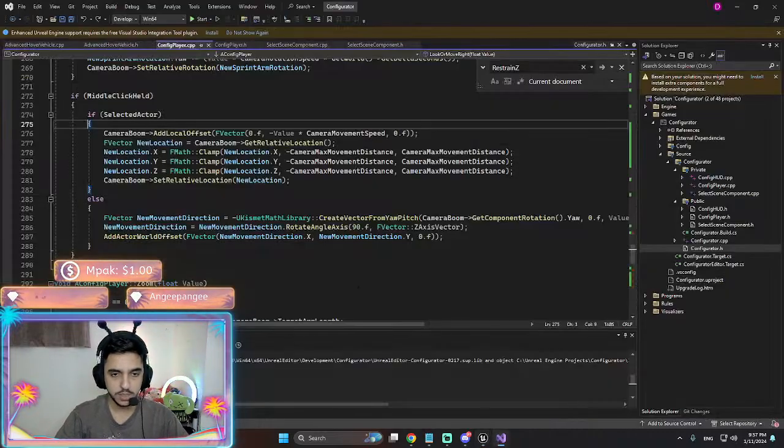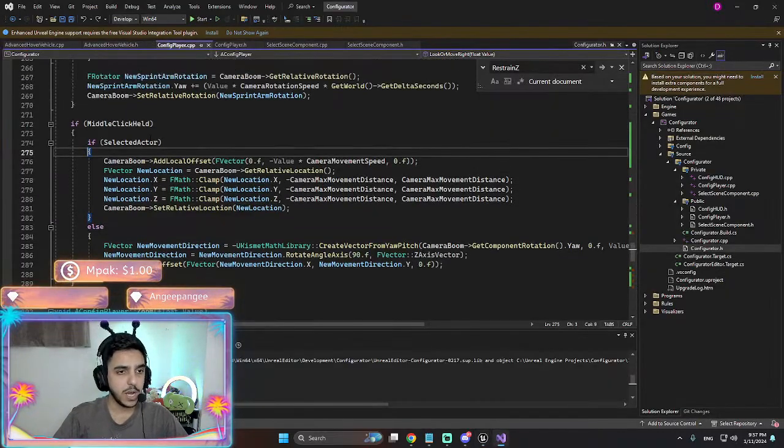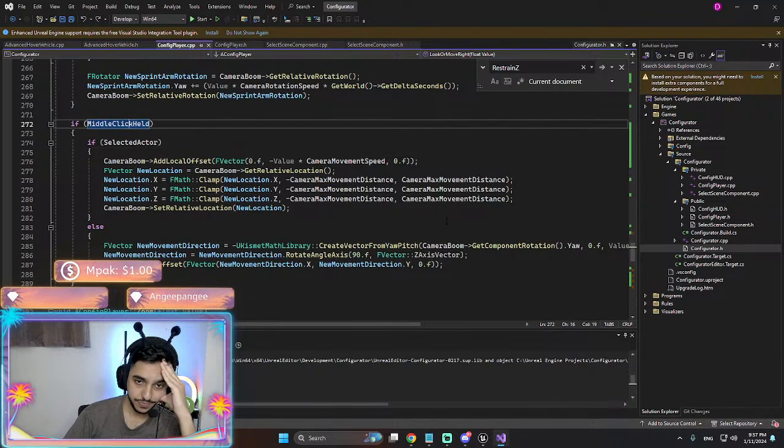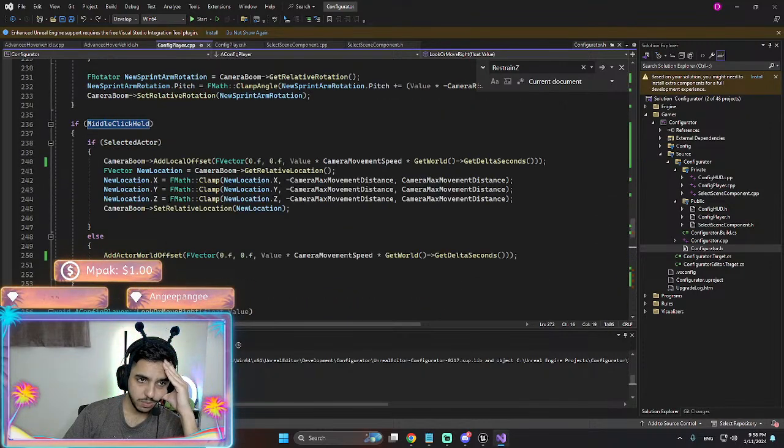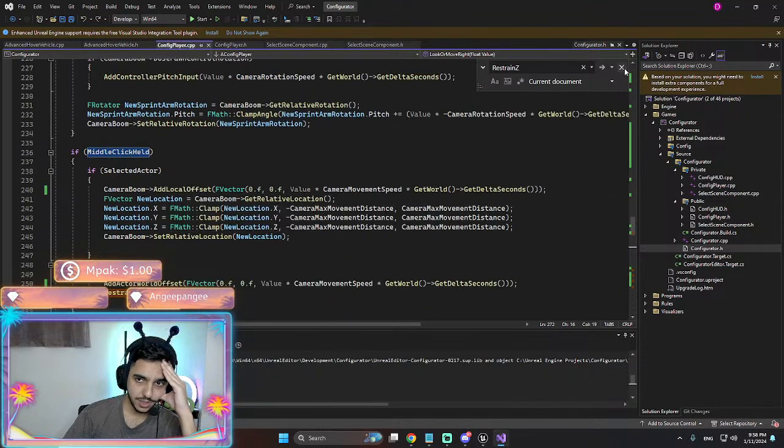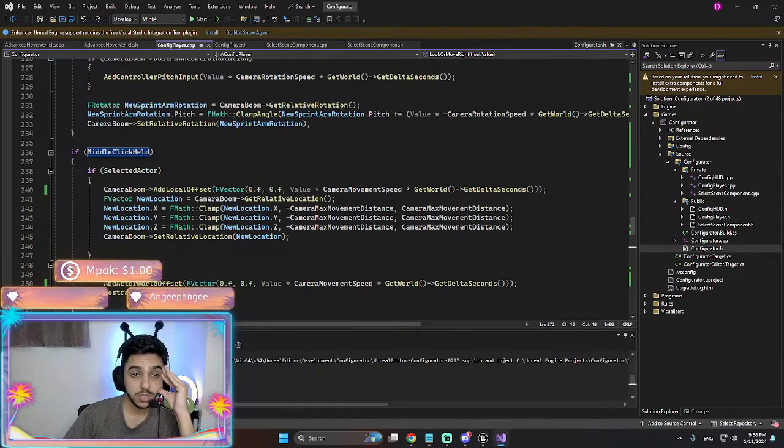Okay, why is it not working for the mouse middle click? Isn't that weird? Move or look right. It should be this part. Camera boom, add local offset.